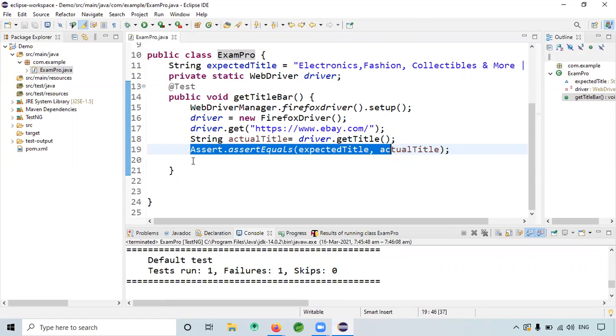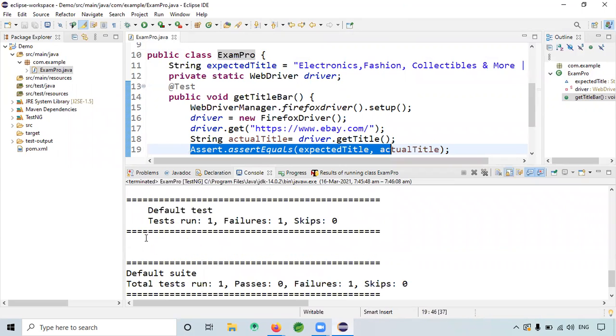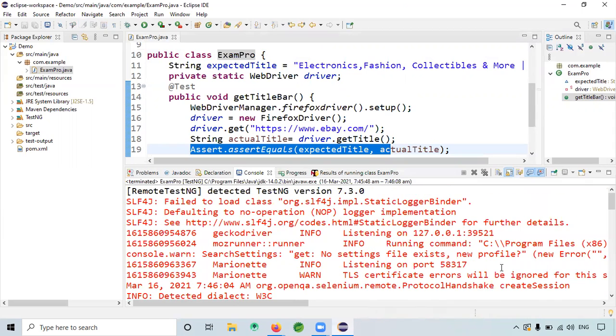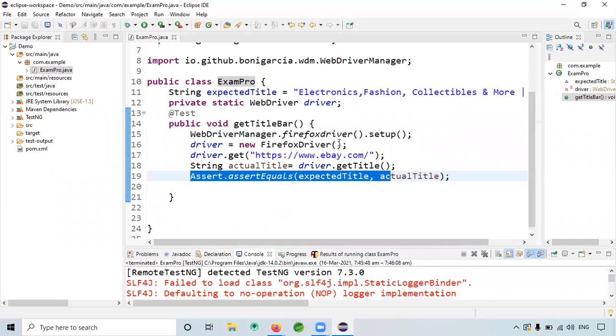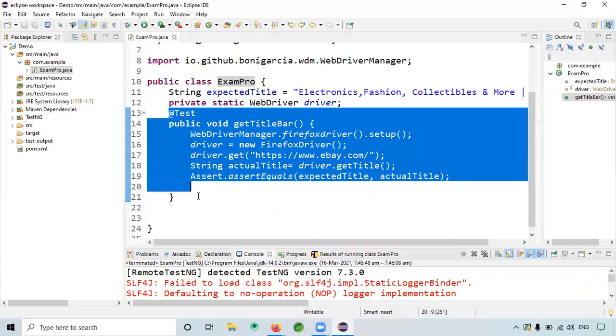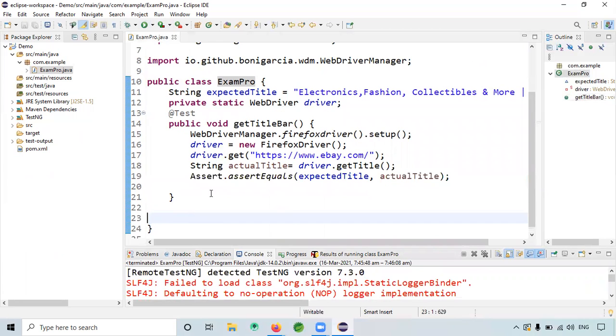These are all additional features. And if you use assert equals and all, the format will come neatly, showing whether the test case is executed or not, failed or not. But there can be companies that don't use TestNG. It depends upon the project actually. Majorly they will use TestNG because managing the test cases is very easy if you use TestNG with Selenium.